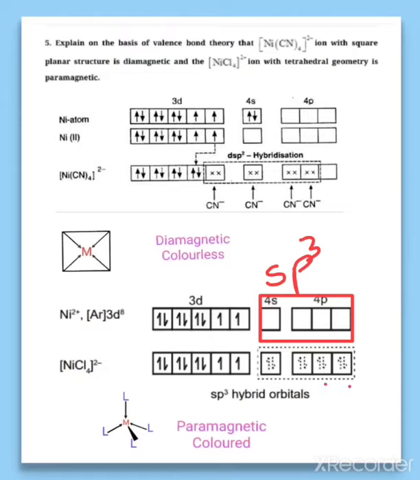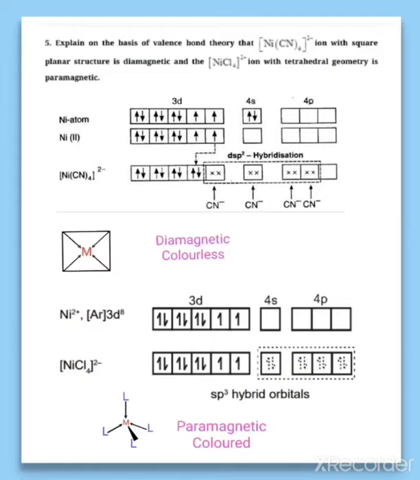So the sp3 hybrid orbitals will accept the electron pairs. We can say that the electron pairs are shared by the ligand, that is Cl. So 4 ligands will contribute the electrons to form coordinate covalent bonds to the hybrid orbitals of the central metal ion. So what will be the geometry if the hybridization is sp3? When the hybridization is sp3, the geometry is tetrahedral, where M is the central metal ion and the 4 ligands are occupying the 4 corners of the tetrahedron.